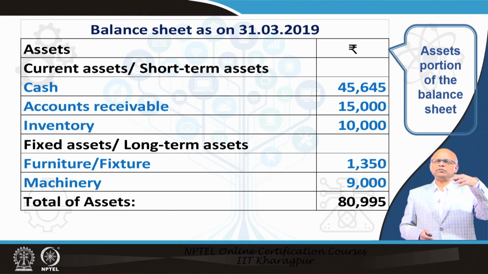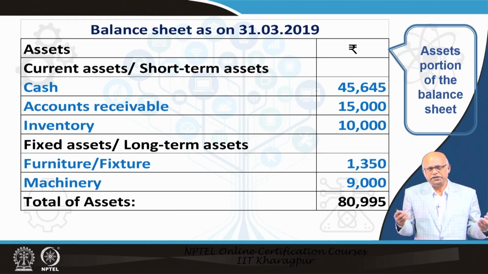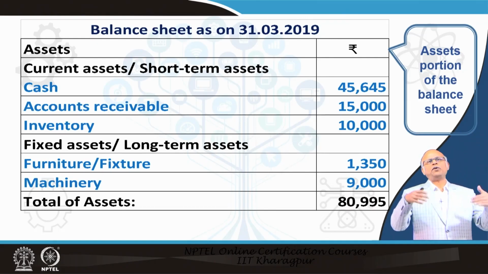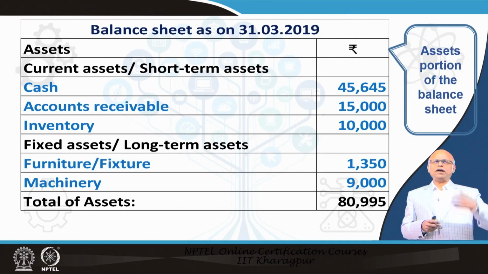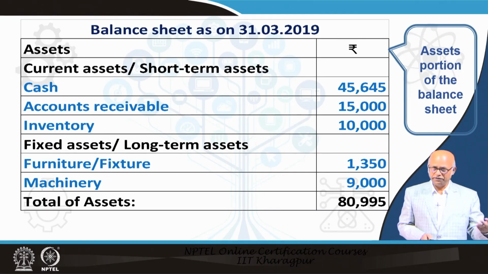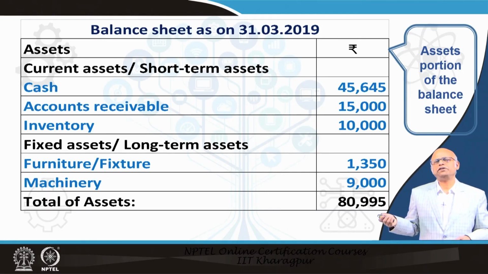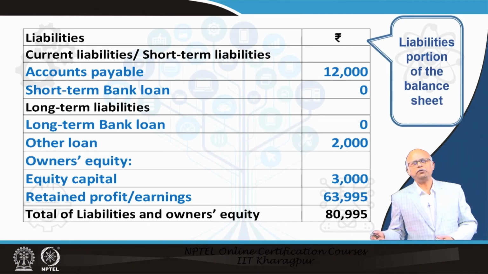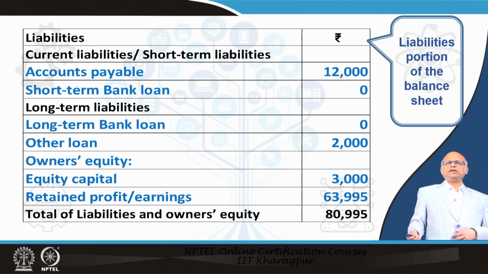So, most of the information in balance sheet is already available, it is already given, because these are available from general ledgers, and you have all the ledgers in front of you, like you have accounts receivable available, inventory, that is the closing stock available, then furniture fixture you have estimated from depreciation chart, then machinery after depreciation whatever is there is available, accounts payable available from general ledger, you do not have any short term bank loan,